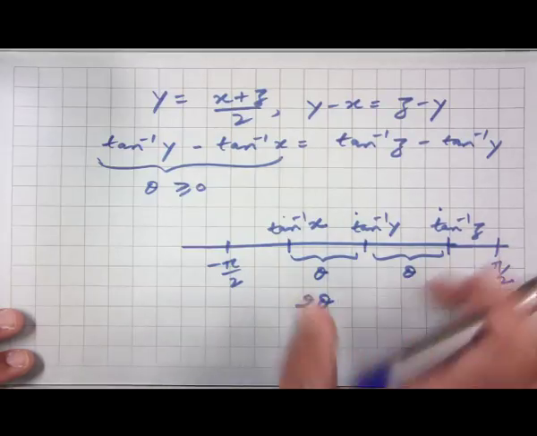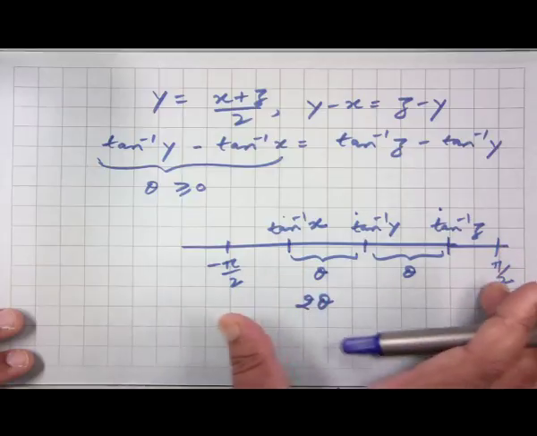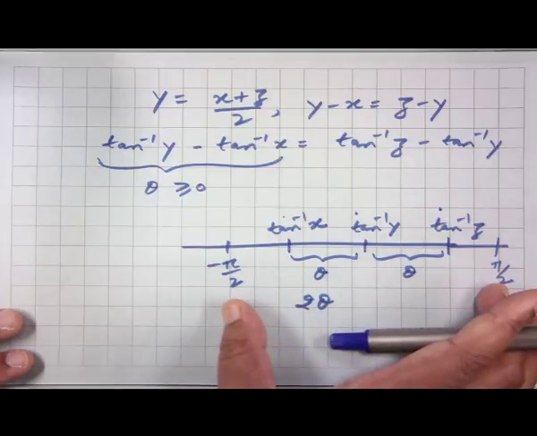So, it is clear that this 2 theta should be less than the length of this entire interval, which is pi,